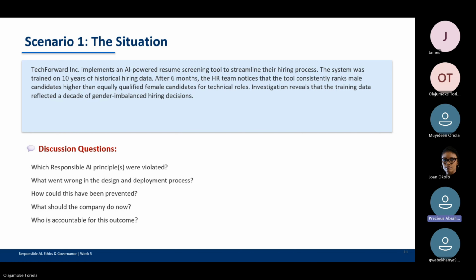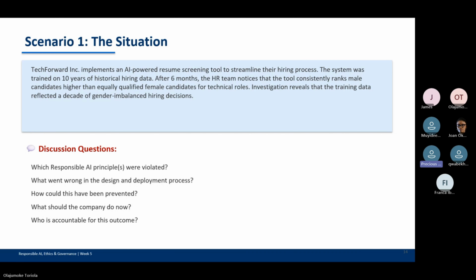Oh yeah. I wanted to highlight the inclusiveness point. And I also think the principle of fairness was not adopted. Then speaking of who is accountable, I think the whole hiring team should be accountable, inclusive of the hiring manager, the HR department, whoever is at a touch point.